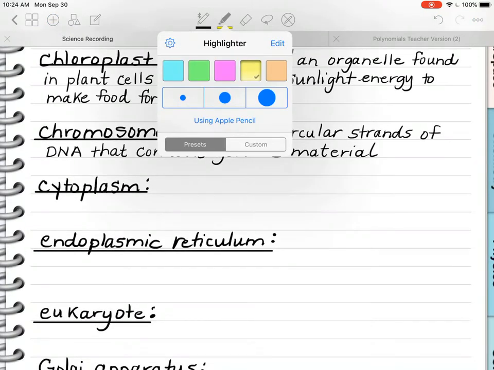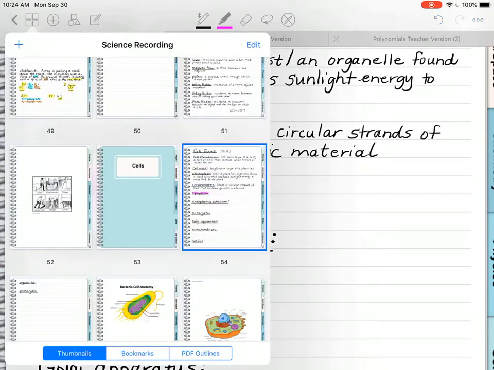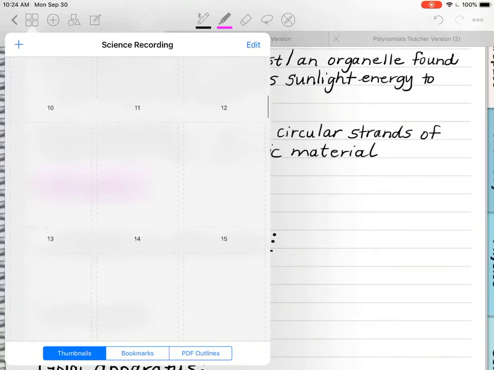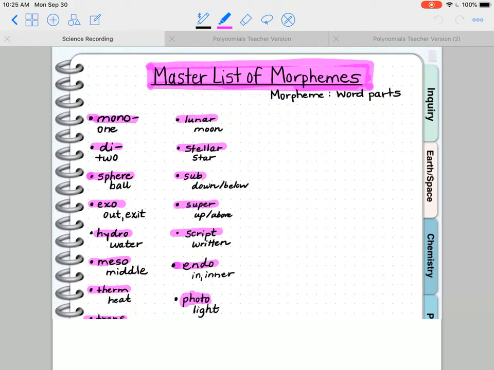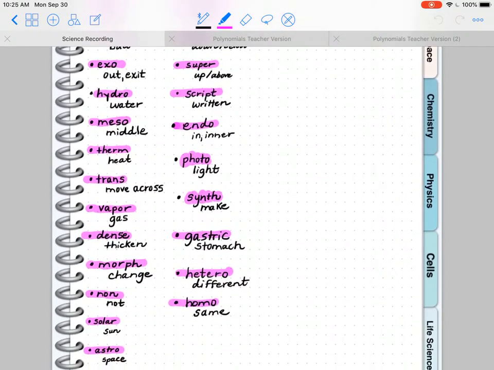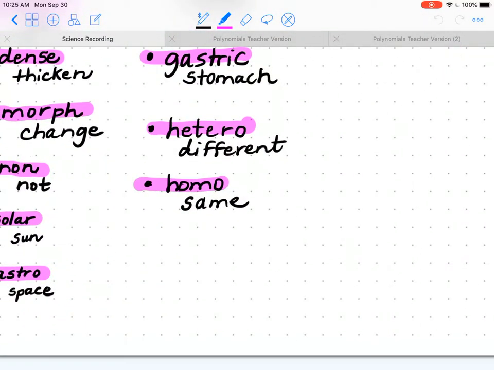Cytoplasm. And anytime you see cyto, that is a morpheme. Plasm we can also use as a morpheme. So let's go back to our morphemes page and make sure that we have these. We may already have added them from somewhere else. So I don't see cyto or plasm, so let's put those on here. Cyto means cell. Cyto is cell. And plasm,